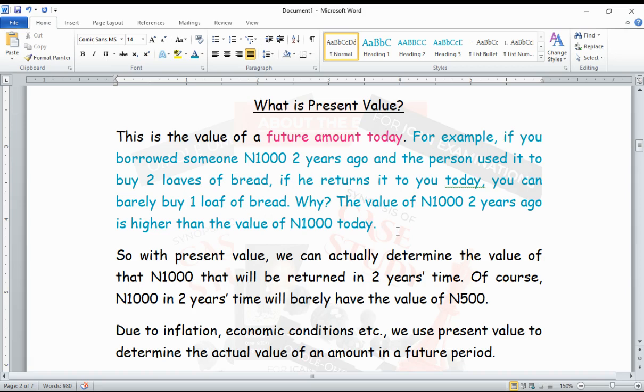Why? Because inflation happens, economic realities and economic conditions happen. So this changes the value of money, or depreciates the value of money. And this is what we call the time value of money. So because of the time value of money, because the value of money today will be different from the value of money in 2025 when the project is going to be embarked on, we have to get the present